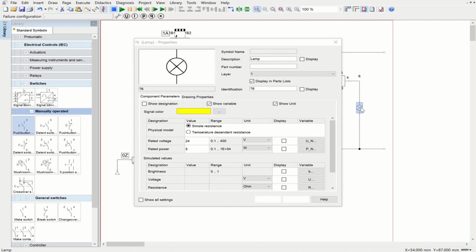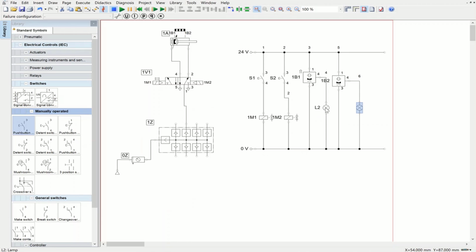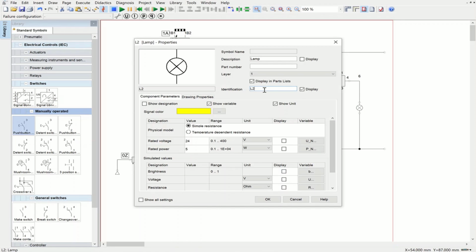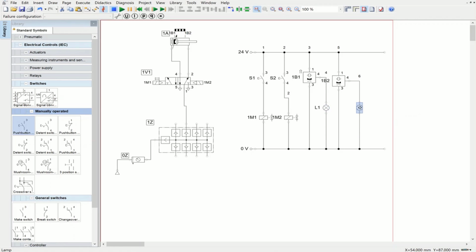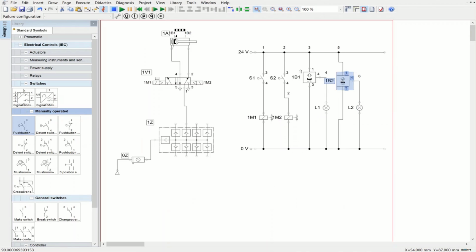This is going to be called L2. Sorry, it should be L1, I made a mistake there, L1, and that is going to be called L2, right? So if I move it a bit to the left now,